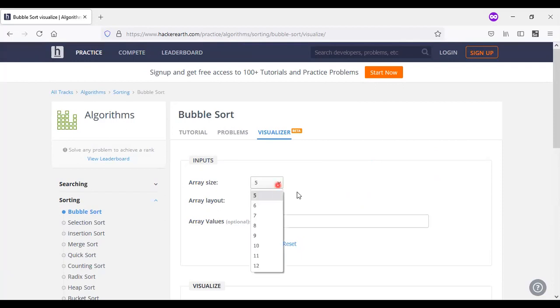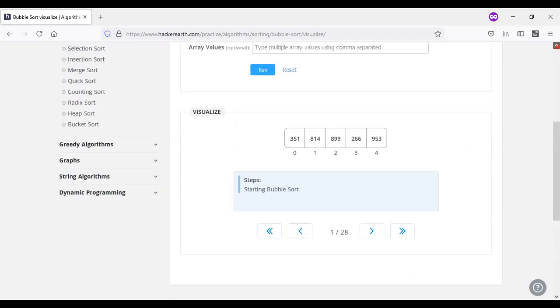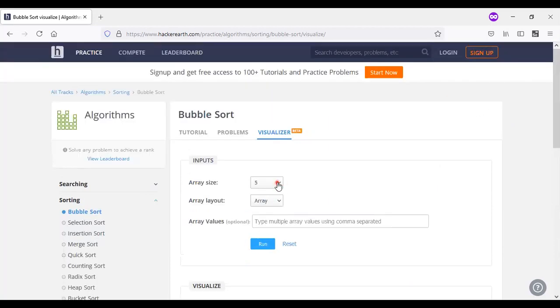Okay, coming to this visualization concept, you can use as many arrays as you like. If you are using elements of a small size, meaning the minimum number of elements, it will be very easy to process. If you are using many elements, it takes many steps to process. It is only used for a small set of elements.